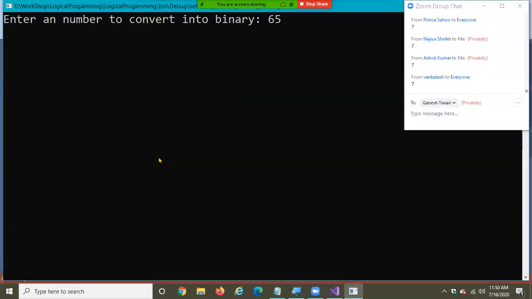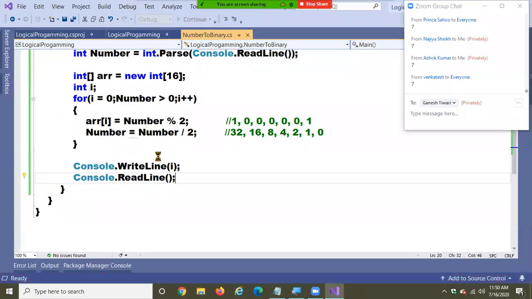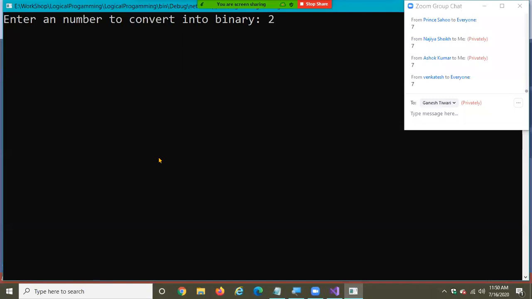Number is 65. Check it out. Number of cells occupied 7. I maintained I for that only. Now tell me, if I give 255, how many cells are occupied? 8, not 16. 8 cells are occupied.